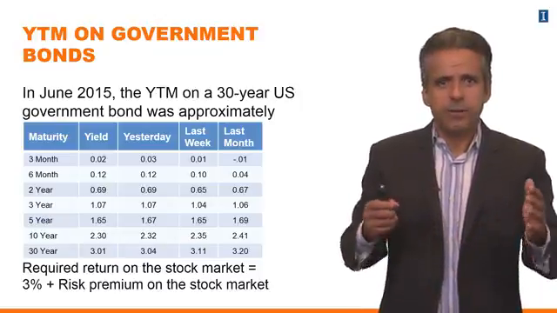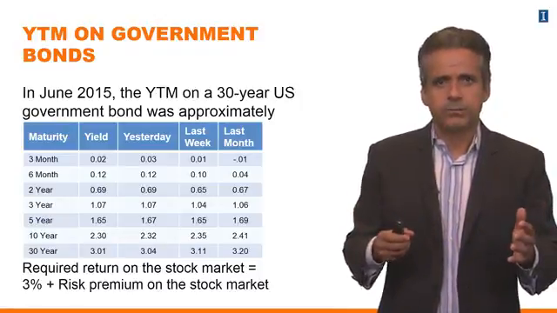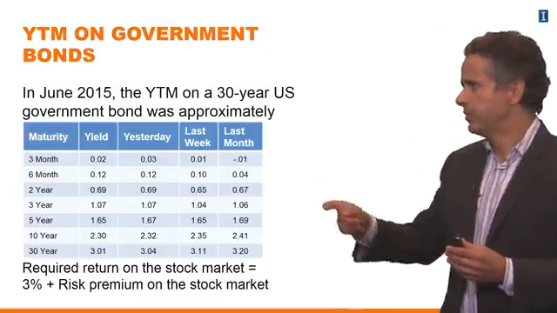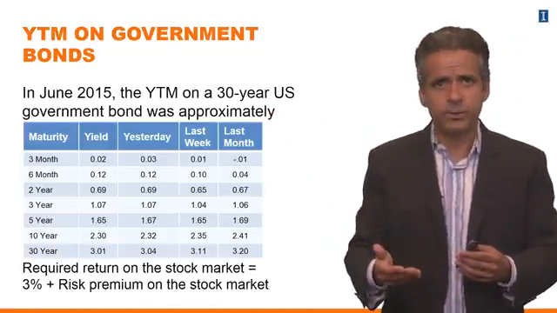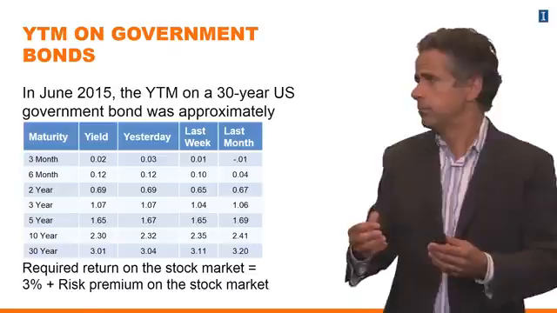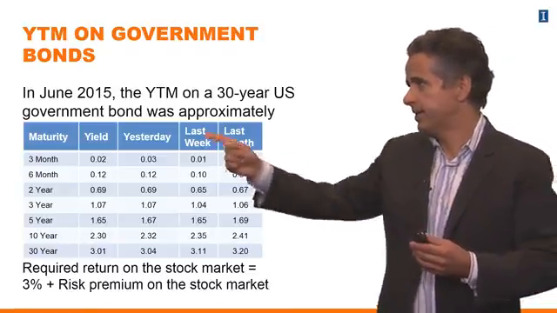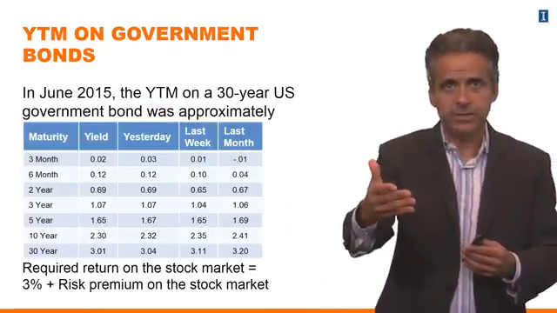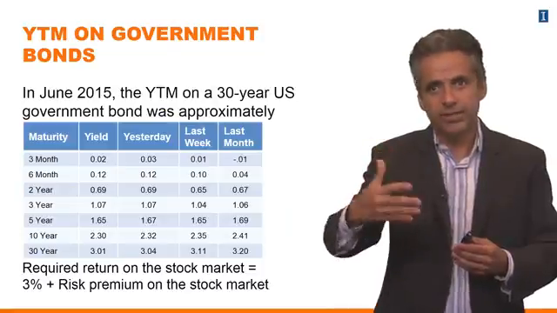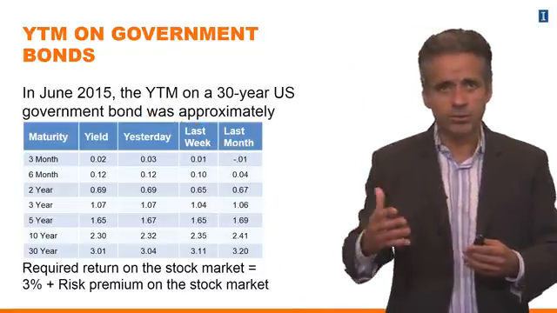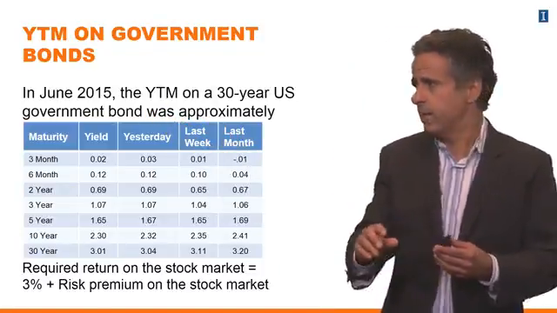Let's start with the yield to maturity on government bonds. I told you that we're going to use securities issued by the U.S. government in the case of PepsiCo. And here is the data for June 2015. It's another reason why we always have to think about cost of capital for a given time period, because yields